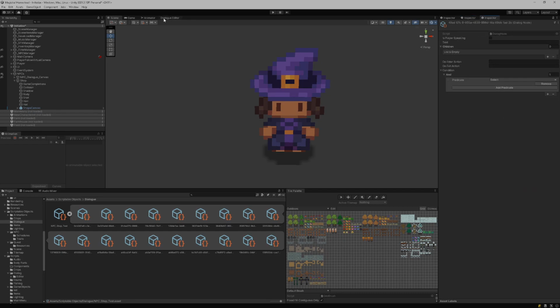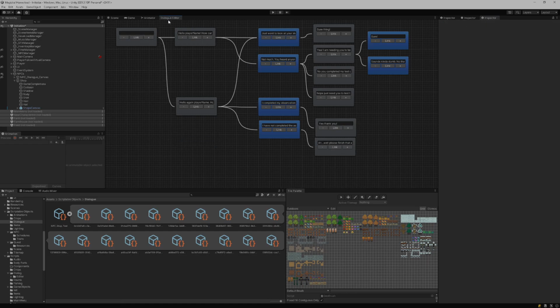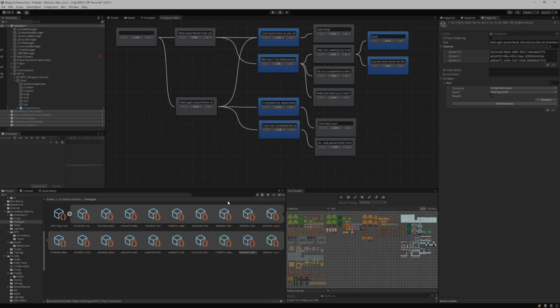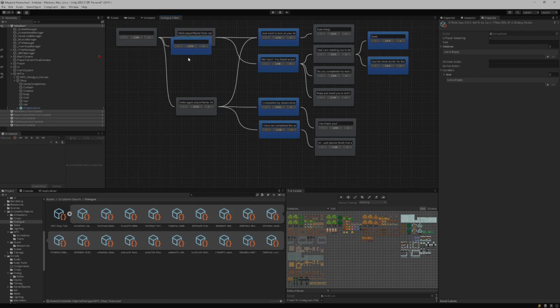If we go over to my dialogue editor here, I can show you what I'm thinking of when I say a trigger. Let's say there's a whole new interaction, and we'll just add it like so.